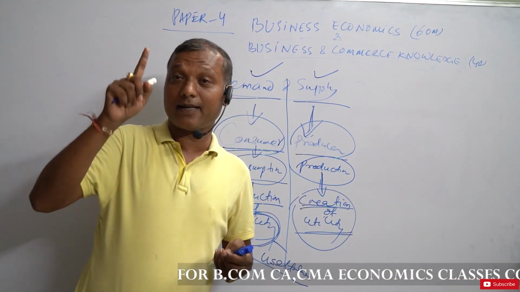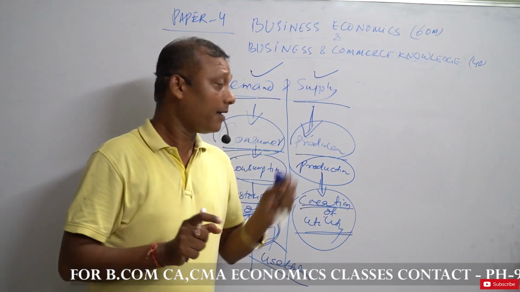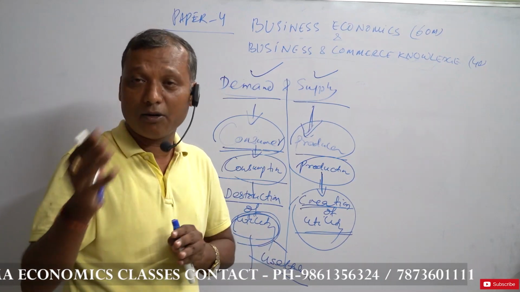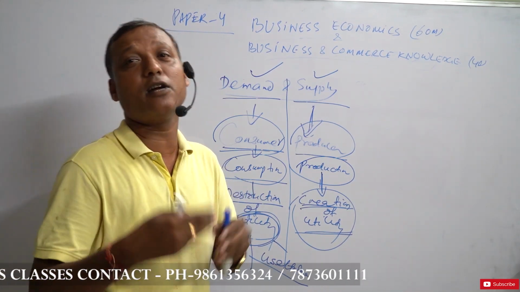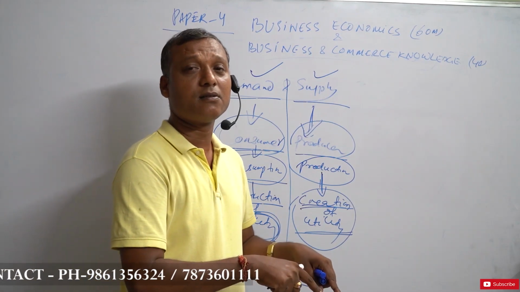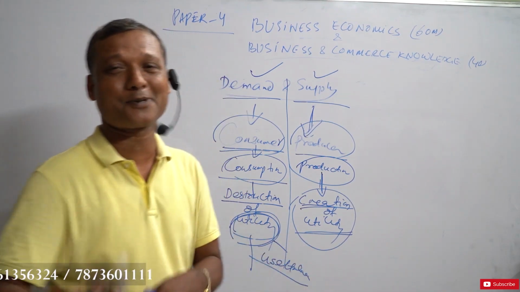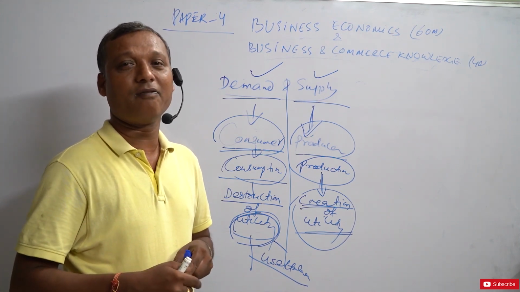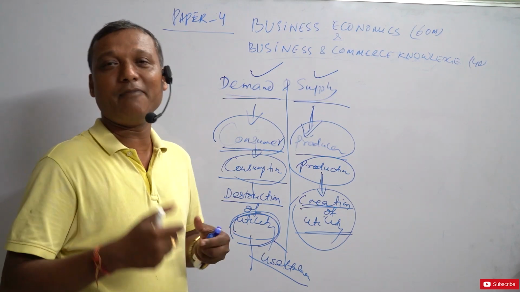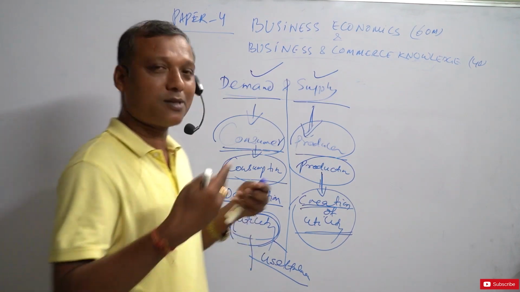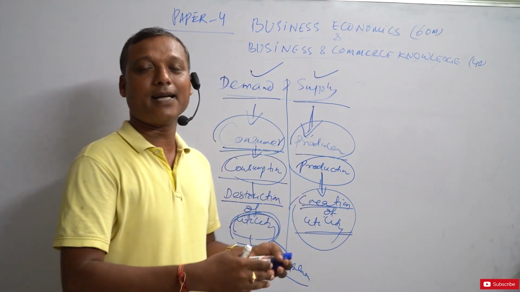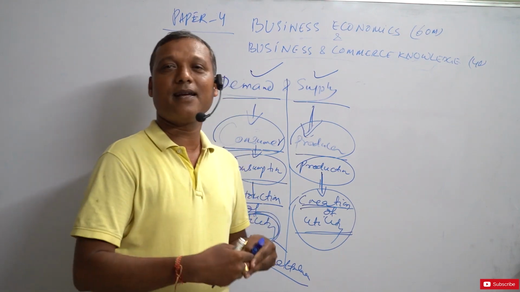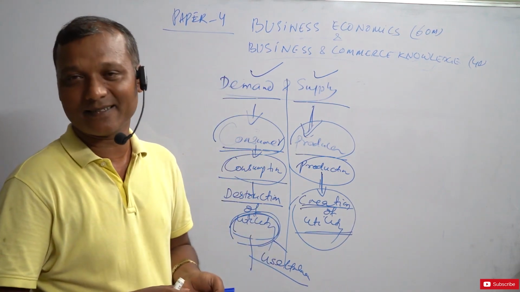Schumpeter, one of the greatest economists of all time, told that profit is available to the producer as long as he continues innovation. The moment he stops innovation, profit stops. So profit is a part and parcel of your innovation or creative activity. The person who does more creativity is entitled to get more profit, and the person who does less creativity is entitled to get less profit.